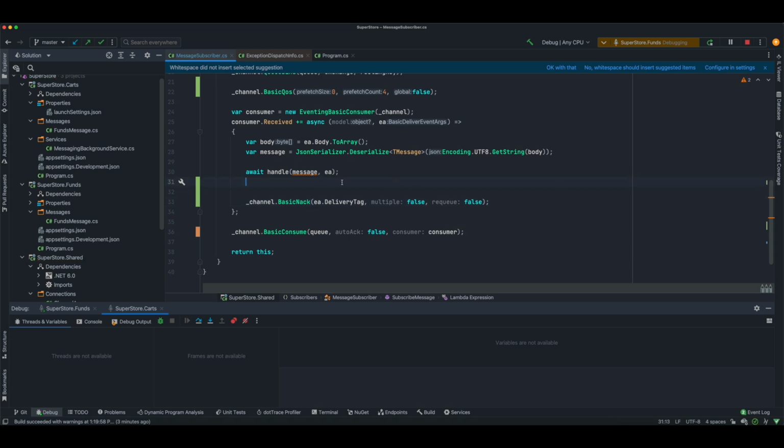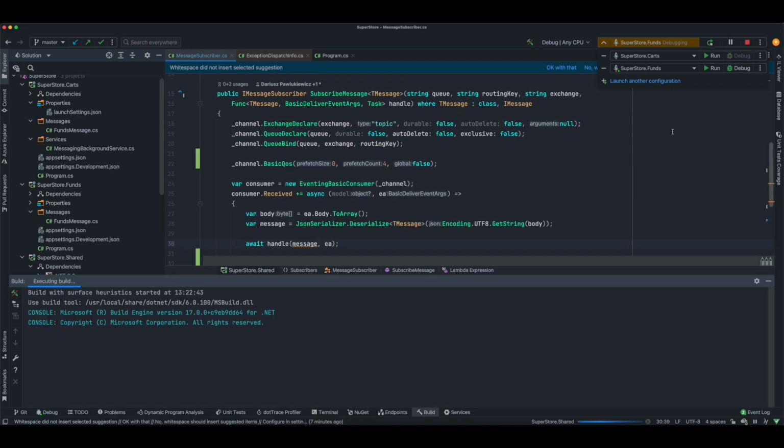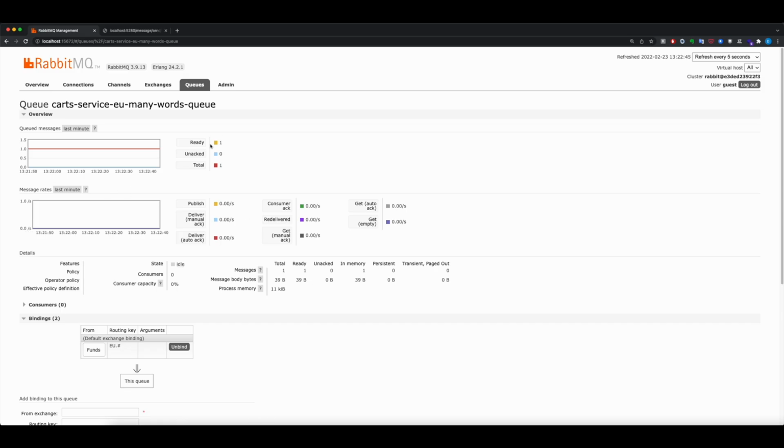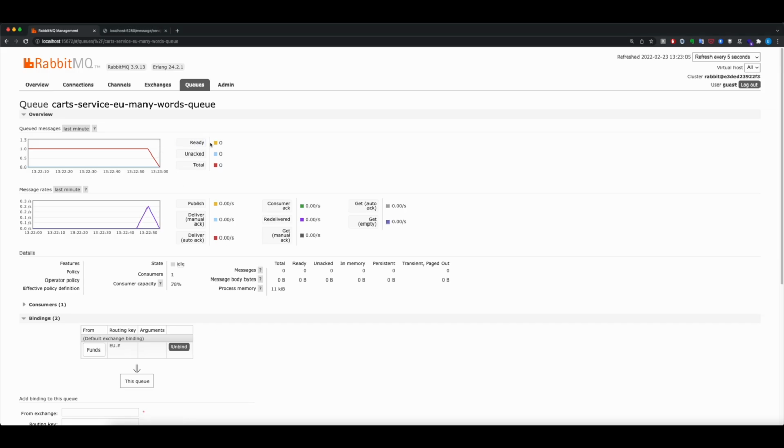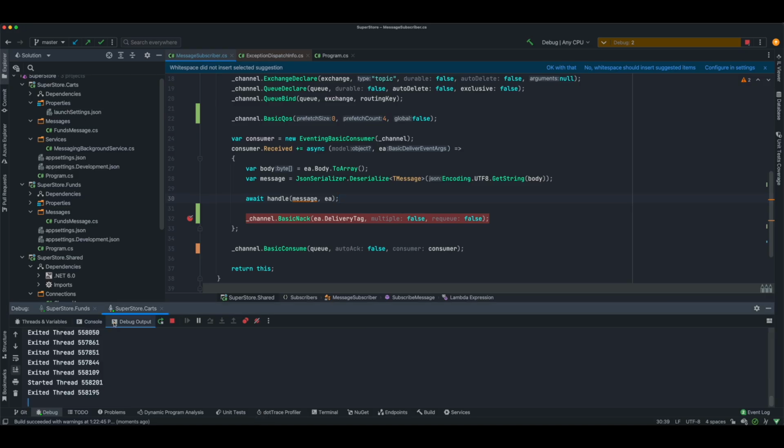And see what happens. Let me run the microservice. Okay, we still have 1 message being ready because we didn't provide the ACK previously. There was 1 that is not divided by 4, so this is why we didn't provide the ACK. And in here, actually I didn't have the breakpoint, so I will need to provide this once again, because you can see already that the message actually is gone, and I got the information that message has been delivered. However, there is no ACK, so there is no green peak in here, and you can see that the message actually